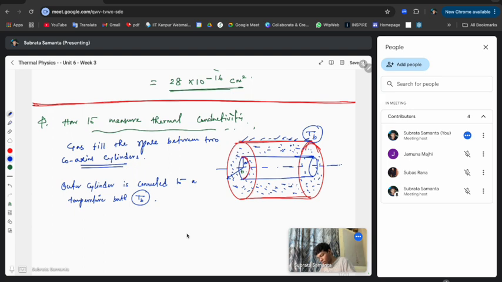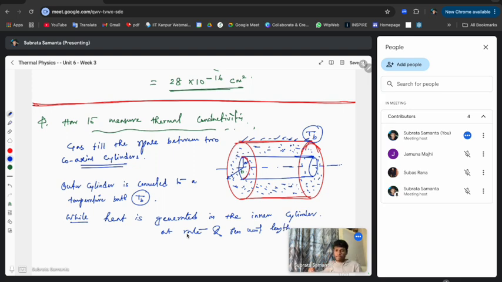while heat is generated in the inner cylinder at a rate q per unit length. So the outer cylinder is connected to a heat bath at temperature T_B, and in the inner cylinder heat is generated at a rate q per unit length,